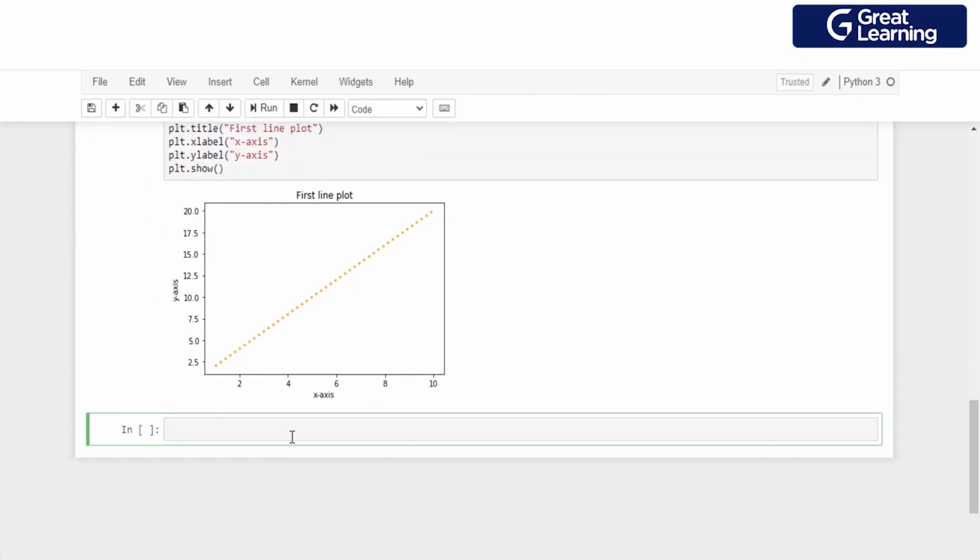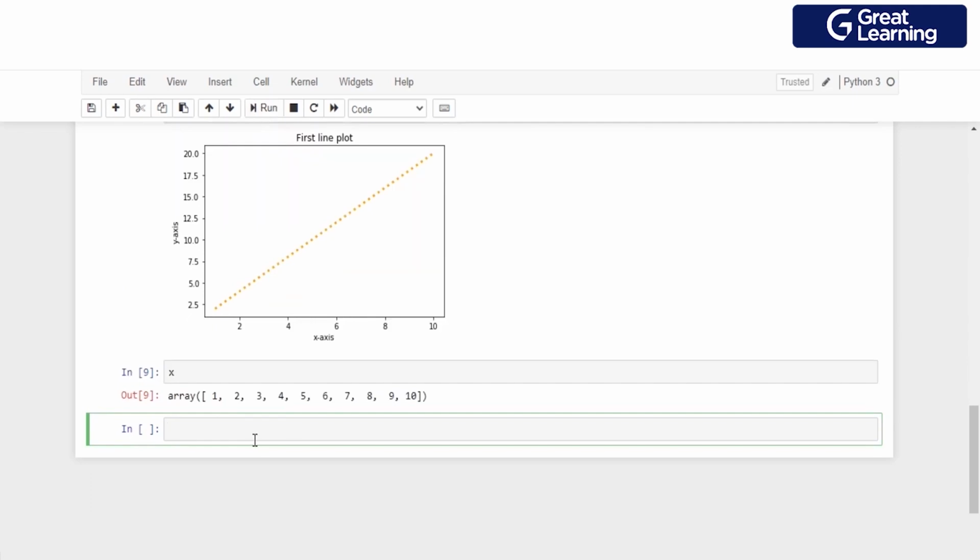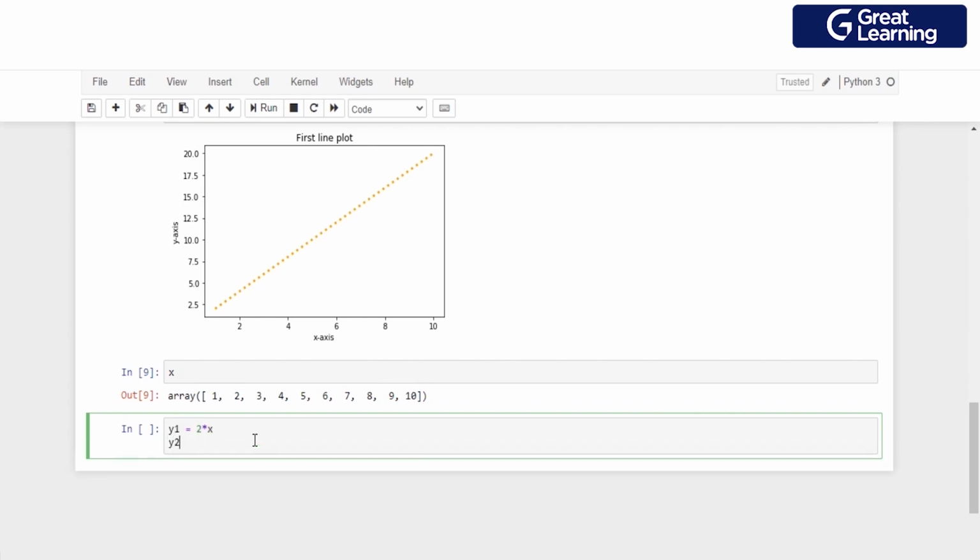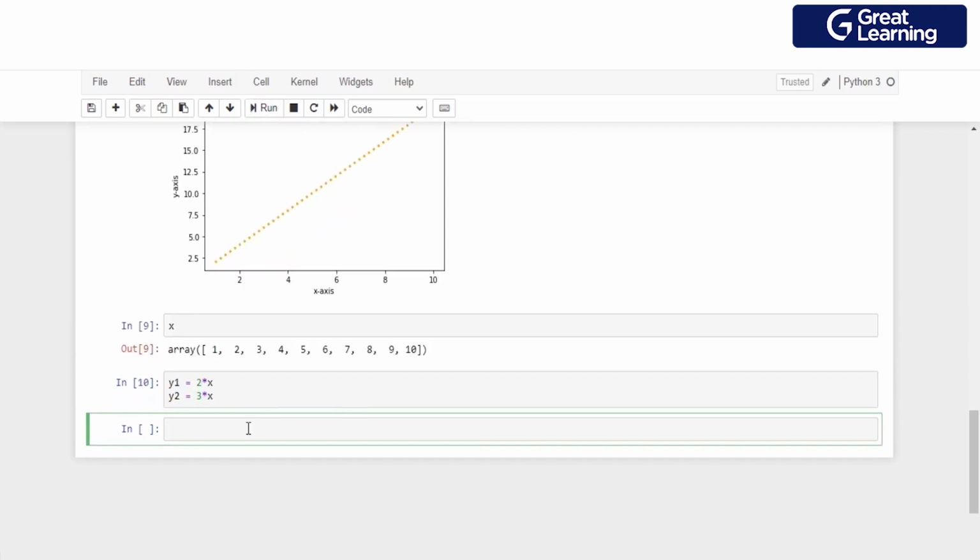We already have x. Now let me just print out x for you guys over here. These are all of the numbers which are present in x. Now y1, I'll set it as 2 times of x, and then I'll have y2, which will be equal to 3 times of x. So I have y1 and y2 ready. Now after this, I would have to make a plot between x and y1. So I'll have plt.plot, and onto the x-axis I'll obviously have x, then onto the y-axis I'll have y1,